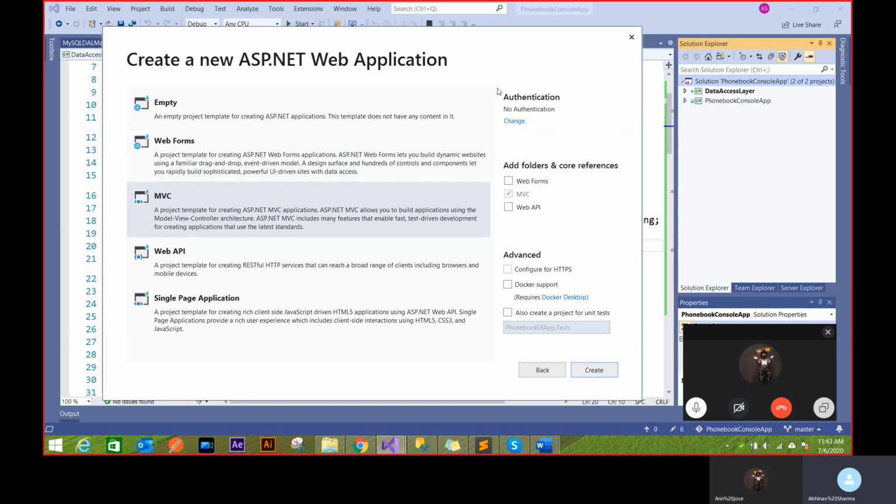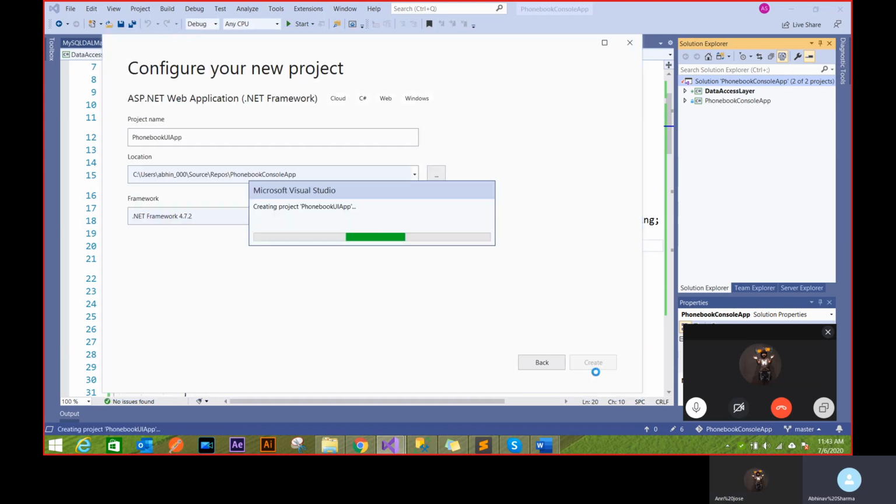Again, we don't want any kind of authentication. That's also an advanced topic. So we just want a very basic application, no authentication scheme. So we'll do that and just create. And the good thing is, because I'm using a template, I'm not getting an empty project; something will be set up for me. I will have an application with all the components provided, like a controller, view, model. Model, view, controller, that's MVC. So I'll show you those three things, and those are very important on how the MVC works. So it's like a whole proper stack.